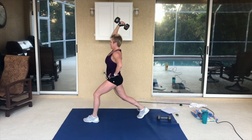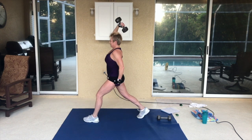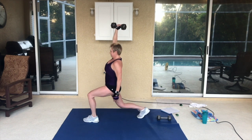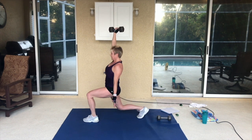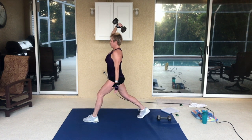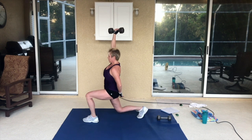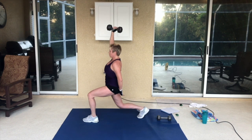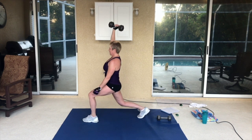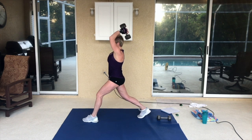Remember, this is 4. So we're going to switch. We have to do the left arm. You can hold on to that lighter weight if you want and hold it so that you're balanced, or it just is more challenging. But make sure that you're on your toe and you're dropping your knee straight down and your front knee is on a 90-degree angle so it's lined up with your ankle. Whew. And if it gets heavy,